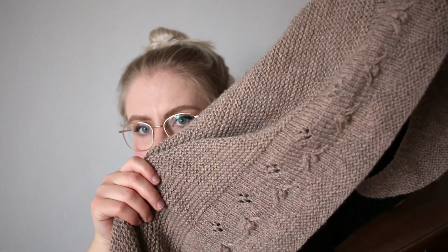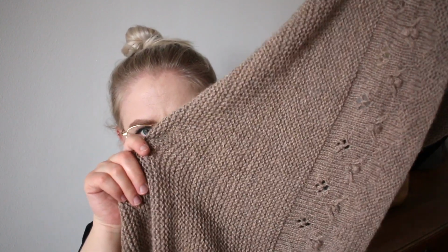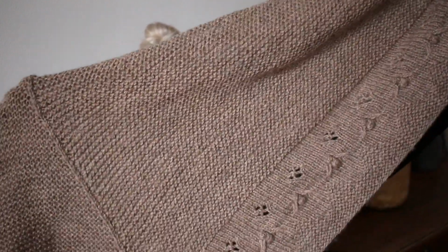But yeah, I've been doing modifications again, as you know. I always do modifications. And I've been omitting the picot cast on, just because I like a little bit of a more plain shape, and I'm really happy because this way it really is very plain and wearable for me,